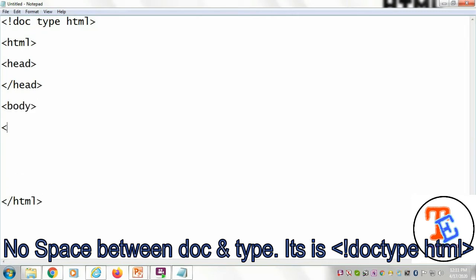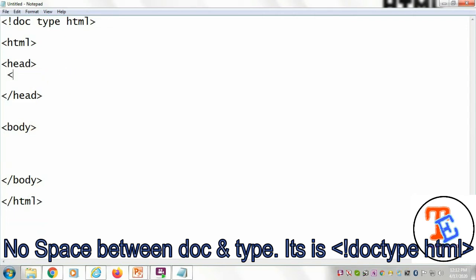Then coming to the head section, if we want to give any title to our web page, that will be put in this head section. The rest of the things will be written in the body tag. See here we are putting some title.